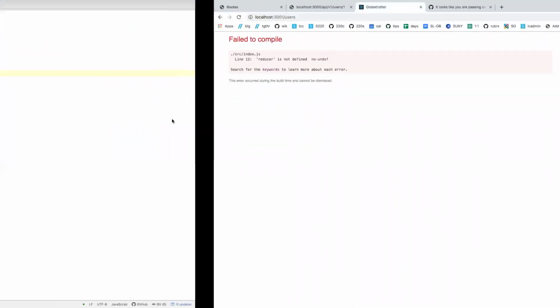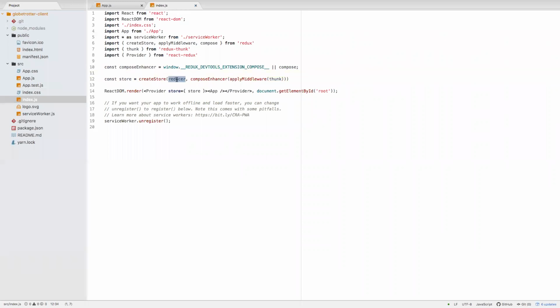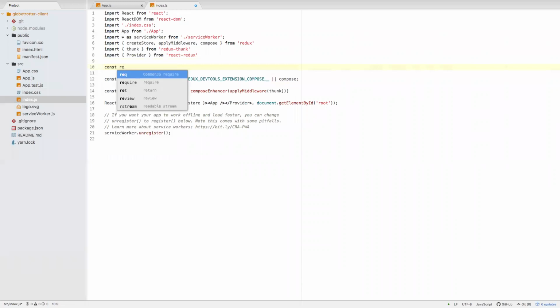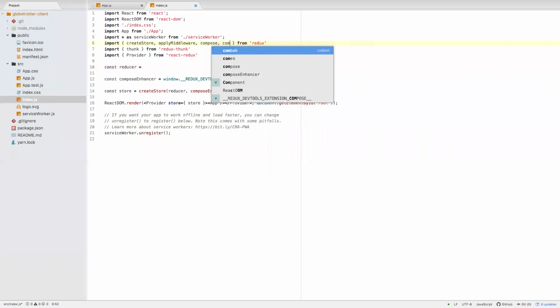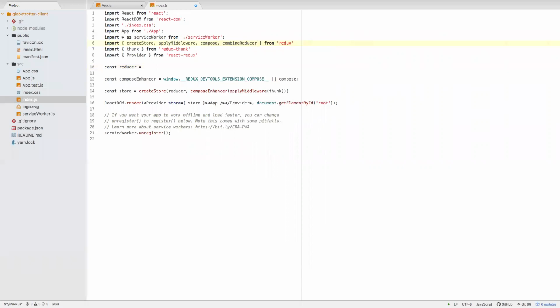Okay, reducer is not defined. Right, of course, we don't have a reducer yet. So for the time being, I could just do something like this: const reducer equals. Now, I'm going to do it this way first, I think. So I'm going to say combine reducers, because I know I'm going to need multiple reducers. There's no question. So I'm going to say reducer equals combine reducers, and combine reducers just takes